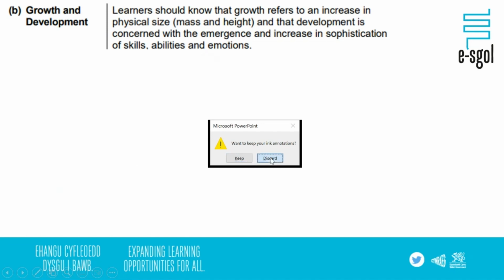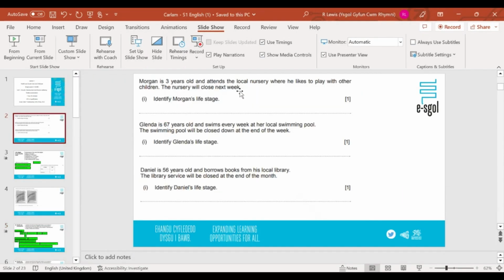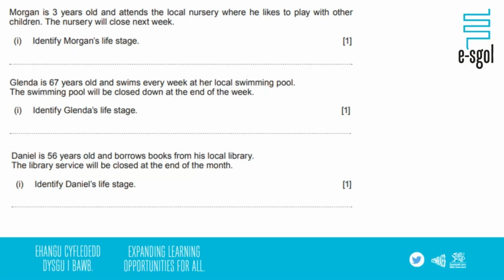Okay, if I was then to revisit this question based on the information that I have given you in the specification, it would be an easy 3 marks, in my opinion, for you to identify Morgan's life stage as childhood. Okay, the WJEC are quite strict in terms of the correct terminology. So in this instance, we wouldn't accept a child or children. Okay, it has to be specifically, as I'm trying to write, which is a task in itself,